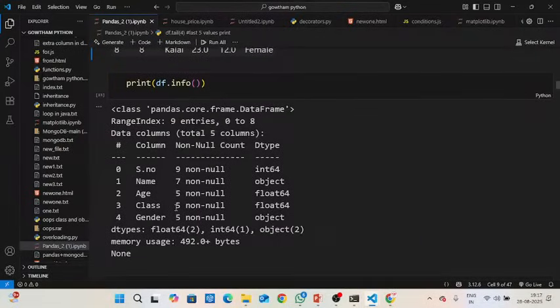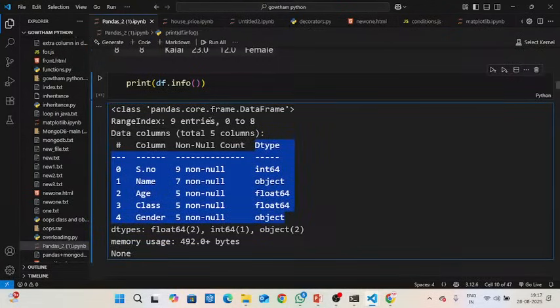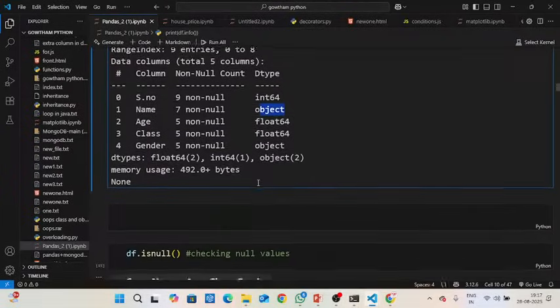Info is used to check the information about the data set. It is mainly used to check the data types of the data set for cleaning purposes. If integer or float types are present, we can treat the data set by using their mean values. If object types are present, we need to replace that word. That I will explain now.